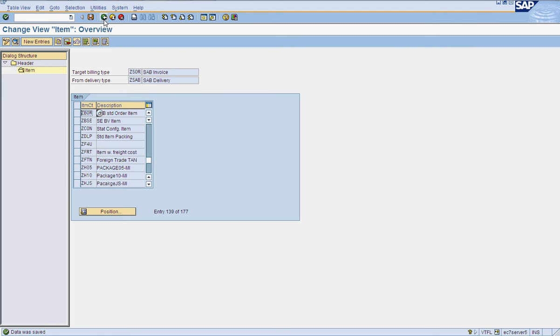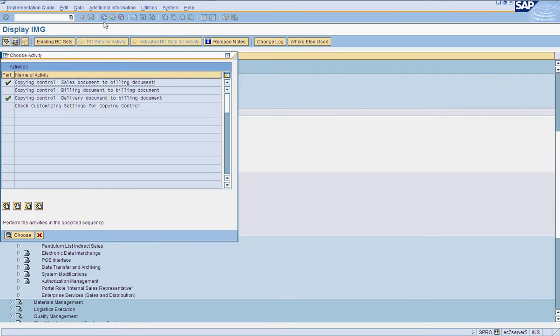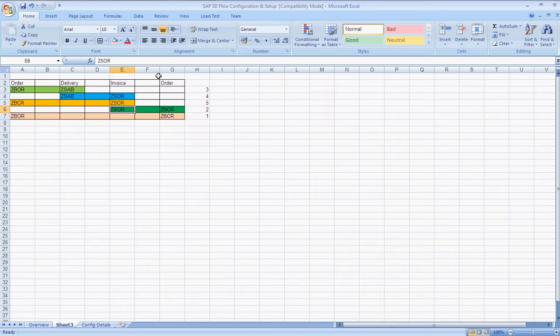Just for a double check, let me check my this configuration. So all the configurations have been done for order to delivery, delivery to invoice, order to invoice, invoice to order, and order to order.